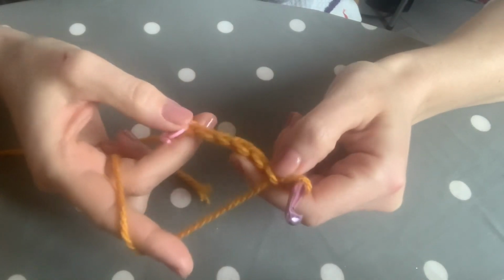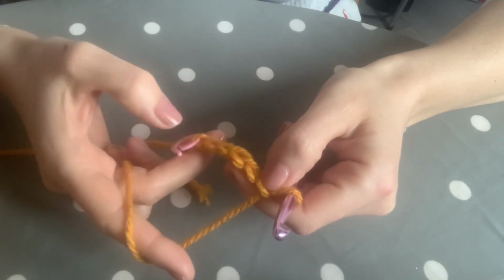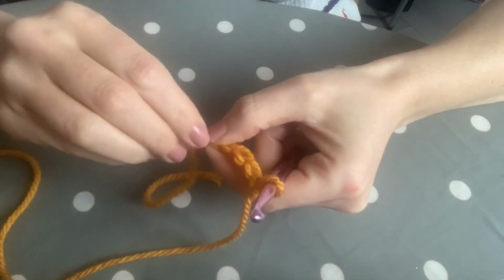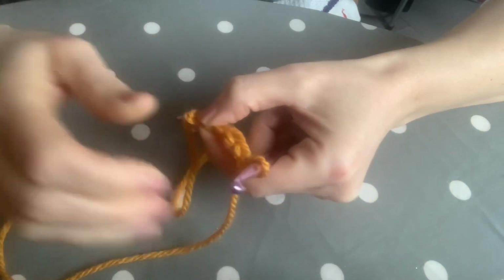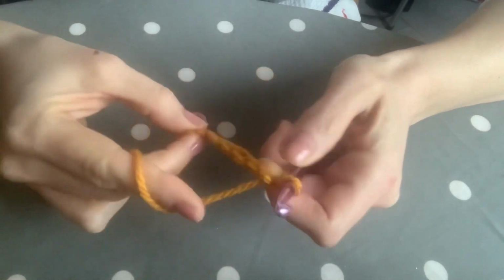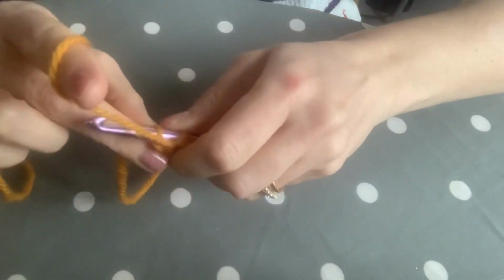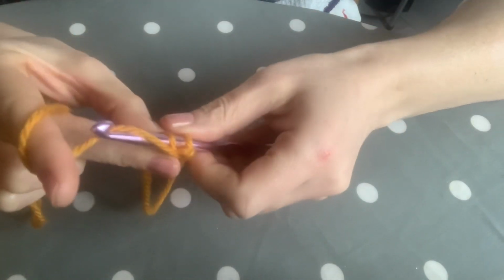The pattern will ask you to join to the first stitch, and we know exactly which one that is because we've marked it. So we take our stitch marker out and you go back and you join to your first stitch. So for a slip stitch to join,